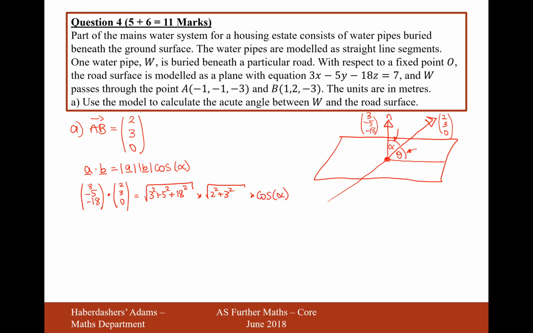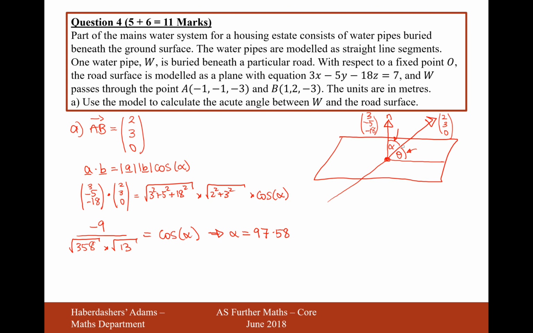So let's now work this out. Let's grab a calculator. It's going to be -9, and then we'll divide by these two square roots in one big go. So it's going to be the square root of 358, and the second square root is going to be 13. This will equal cos alpha. So therefore, cos inverse of this answer all in one big go will give us